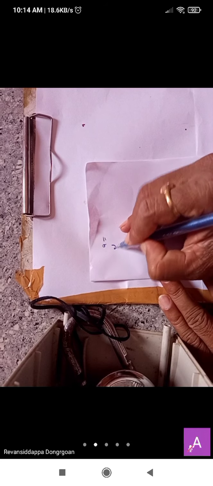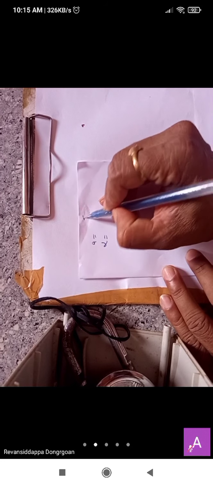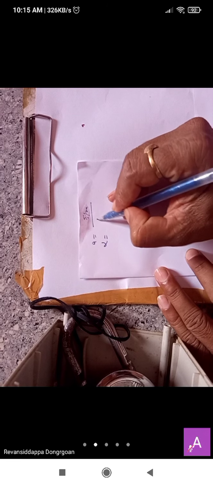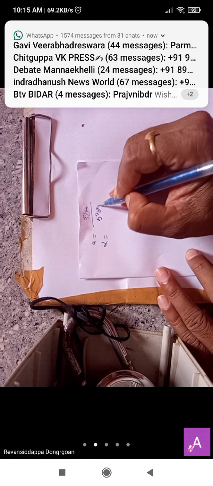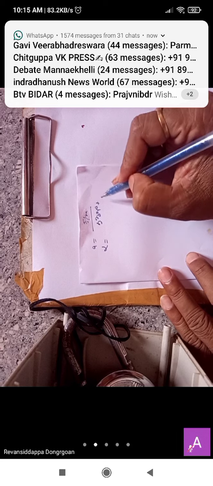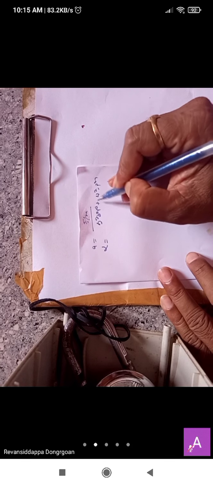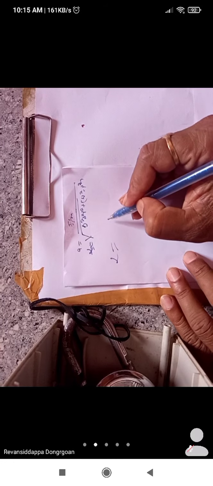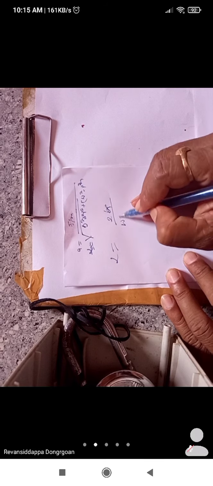So yesterday's class we had the amplitude and the phase. What is the amplitude formula we got for the forced vibration? That formula: A is equal to F by m divided by the square root of 4b square p square plus (omega square minus p square) whole square. So this is the value of amplitude. And the alpha value we got is tan inverse of 2bp divided by omega square minus p square. We had this equation in the last class.